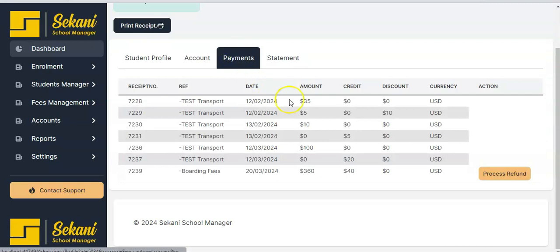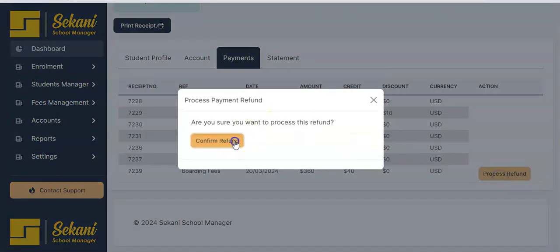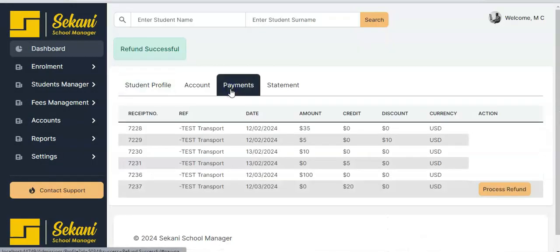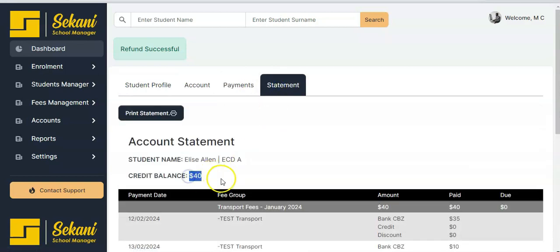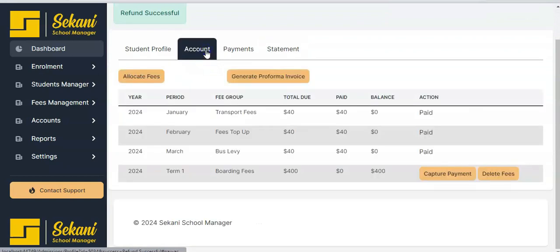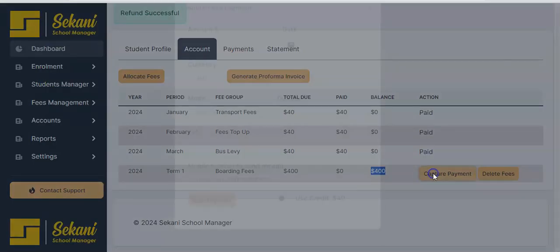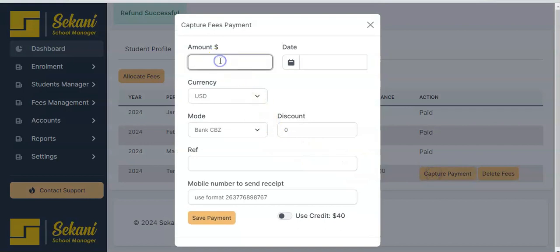Let us do a refund of this payment. We've processed the refund for this payment. We can see the credit has been refunded back and the payment balance is 400. Another option is to use